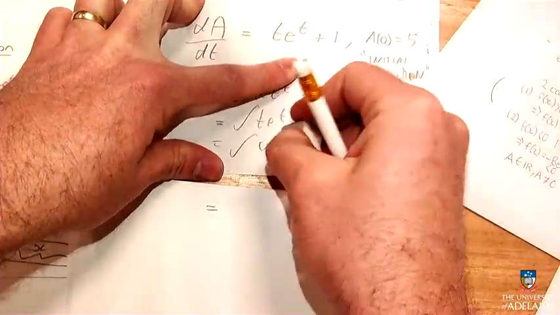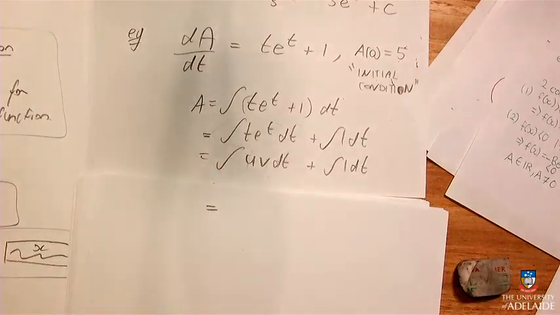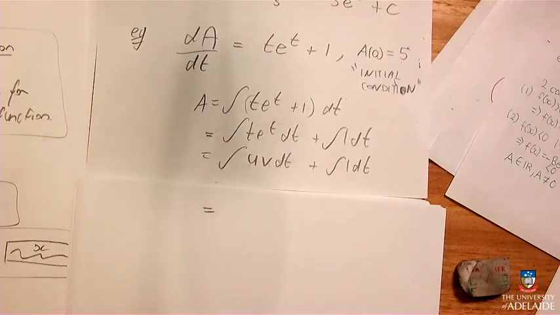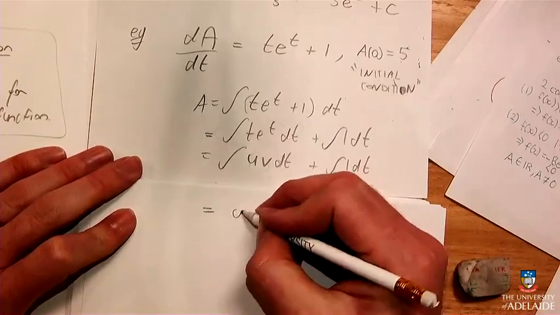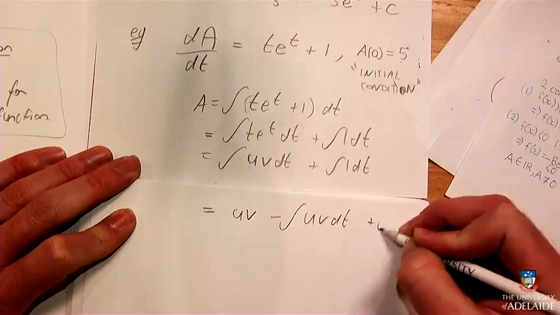And one of them is U and the other one's V dashed. Or it's okay for me to have one of them as U dashed and the other one as V. It doesn't really matter as long as it's the opposite way round at the other end. So UV dt, it's like the product rule for integration. UV dt will still be UV, but it'll be minus UV dt afterwards, and I haven't done anything to the